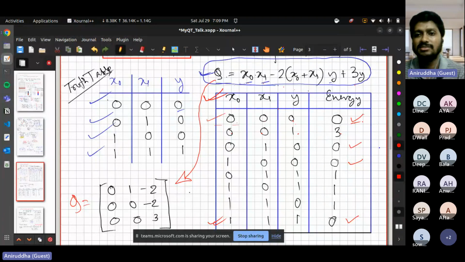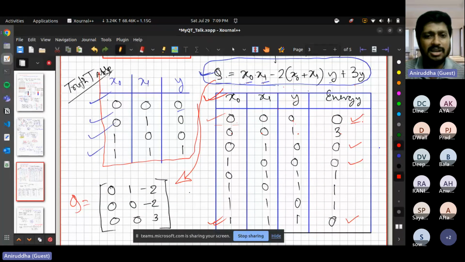You can basically replace x0, x1, and y by zeros and ones, one after one. And if you do the same thing up to 1, 1, 1, you get this. Now focus on the truth table first. The truth table has three binary variables, x0, x1, and y, but they only have 4 possible states: 0, 0, 0, 0, 1, 0, 1, 0, 0, and 1, 1, 1. The rest of the other 4 are not possible.